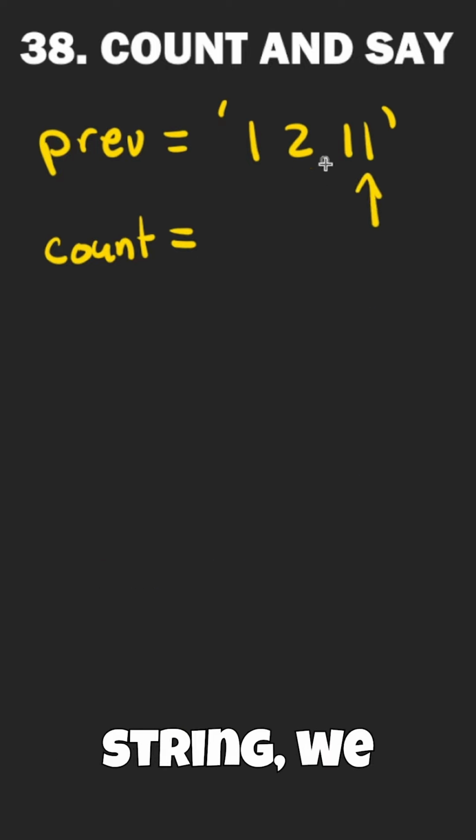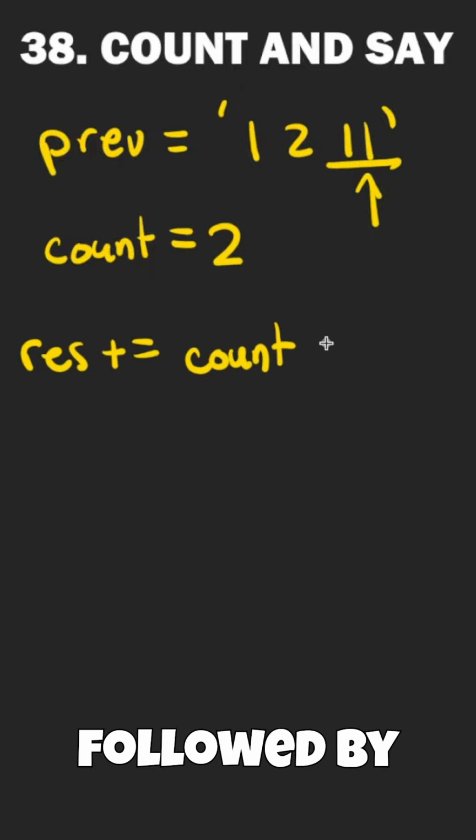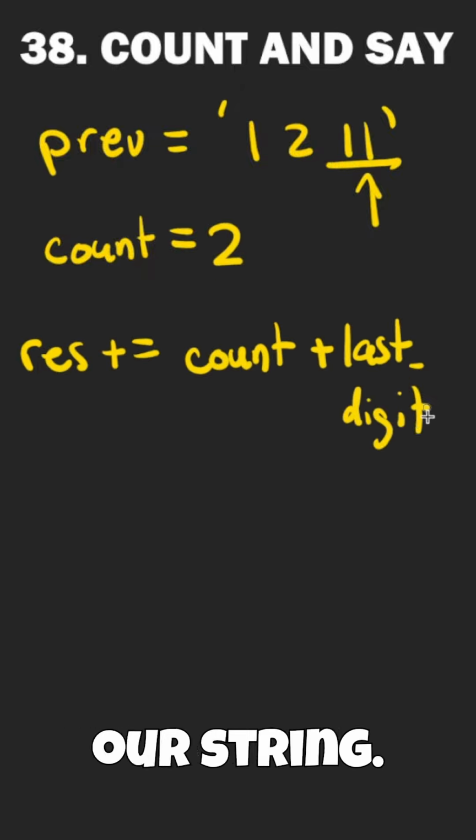Once we are done iterating for our string, we still have to add the last character that appears in our string outside of the loop. We can do the same thing we did in our loop, writing out the count followed by the digit, except in this case we'll just use the last digit of our string. And here's the code for